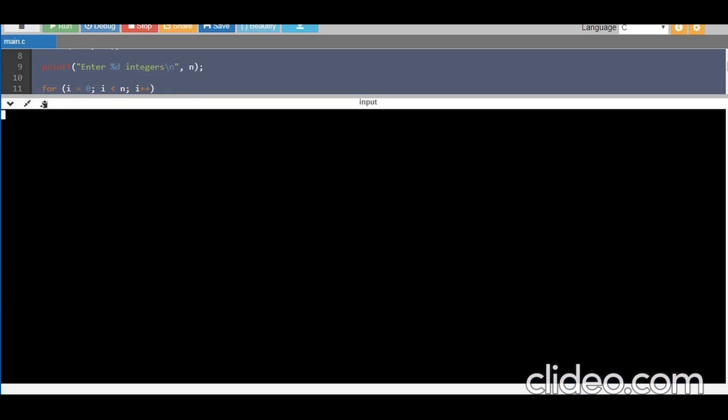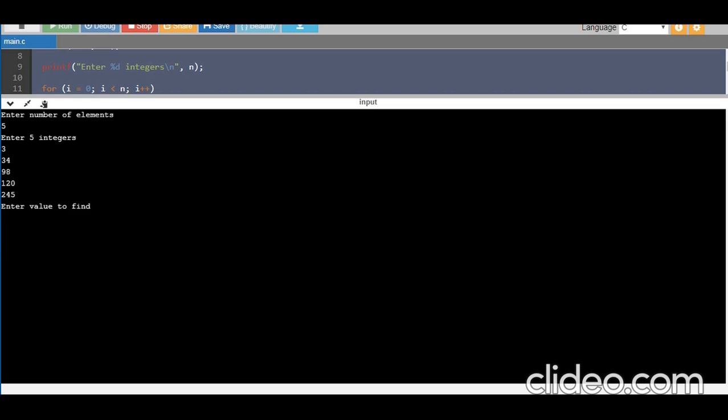It will run, and as there is no error, it is asking me to enter the number of elements. Let me take 5 elements: 34, 98, 120, 145, 245. These are the 5 elements to be entered. I have entered them successfully.